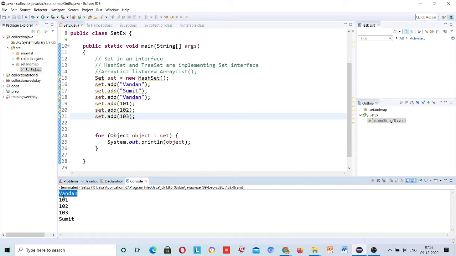Now see, Vandan, 101, 102, 103 and Sumit.